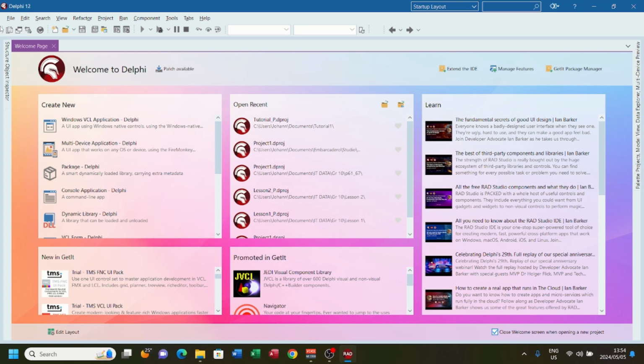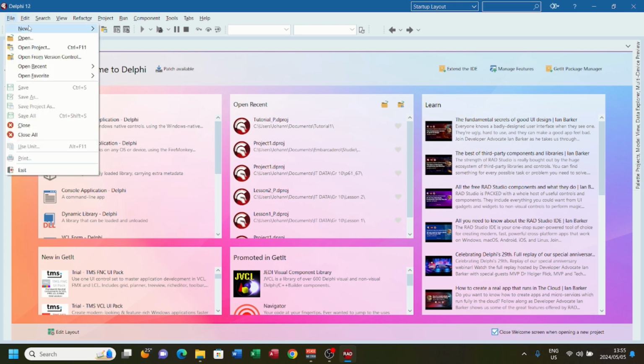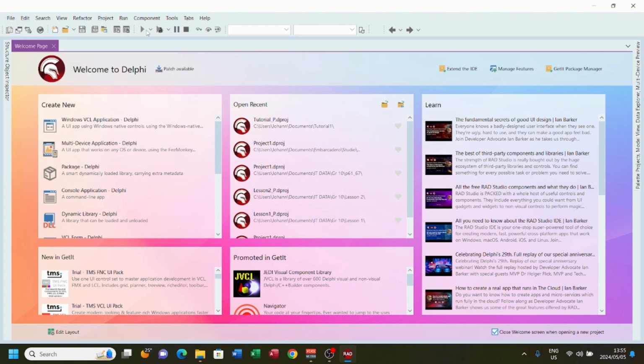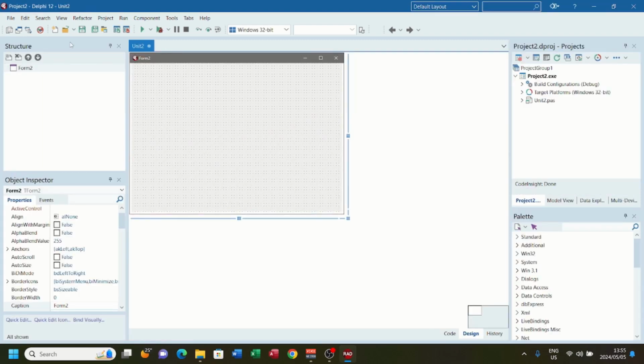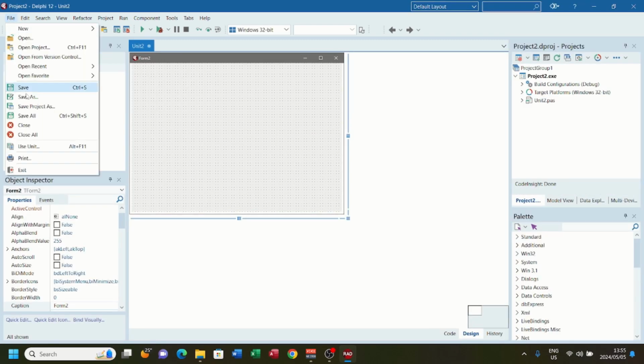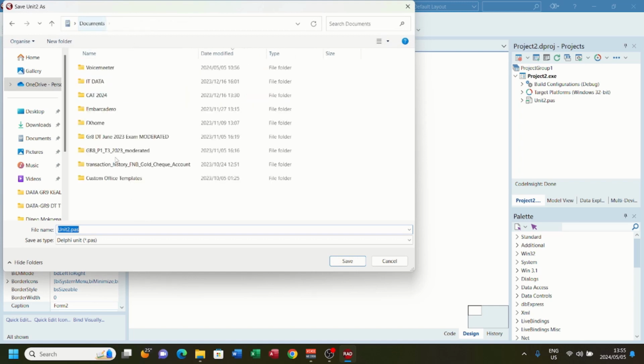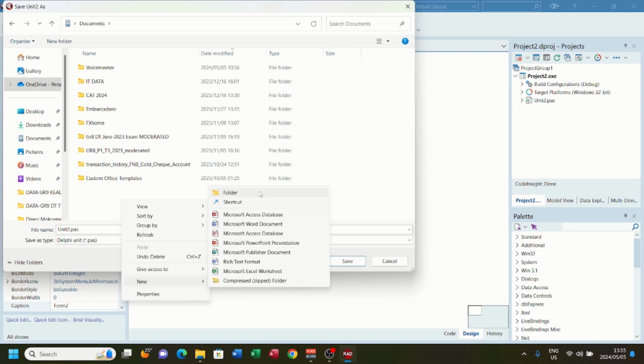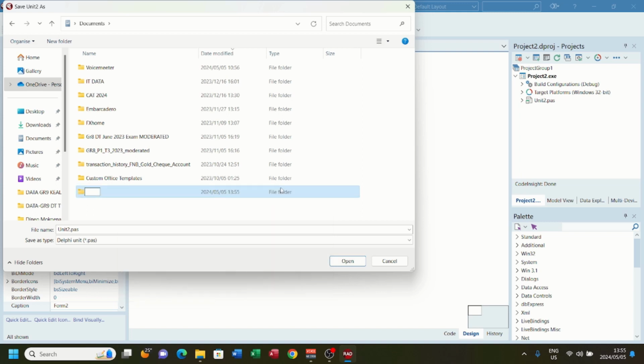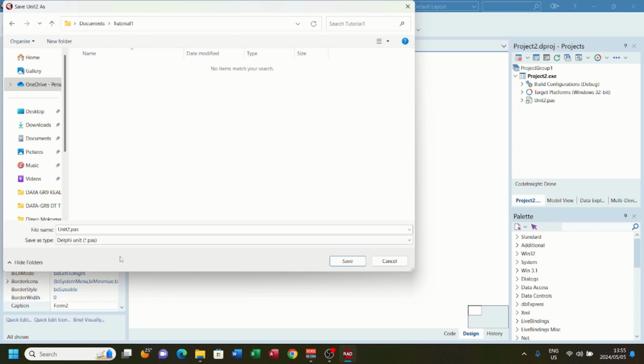Today we are going to be looking at some components in Delphi. So go New, VCL, Application. Then let's go File and Save All. Navigate to your documents, create a new folder inside there, and let's call this folder tutorial 1. Inside the folder tutorial 1 we're going to save the unit file